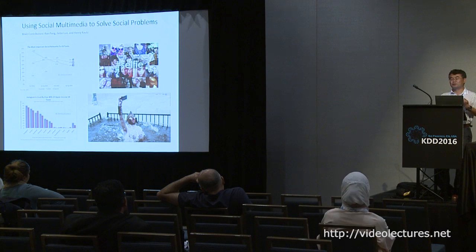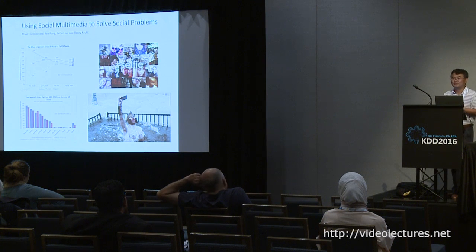So I have a teenage daughter, so I asked her, I said, how many selfies do you post on Instagram each month? She said, I don't know, 30? So that's great, okay, because selfies are pictures of themselves, right? Once we get that, we can use face analysis to figure out age, gender, race.